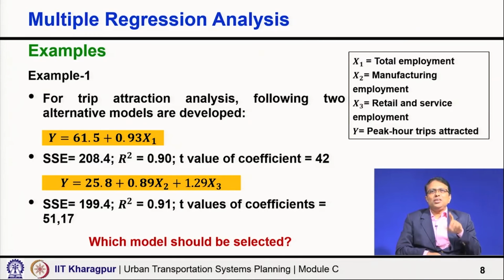You see, what is x 1? Total employment. What are x 2 and x 3? The two categories of employment. Here first one variable, second one two variables. So, normally two variables are more parameter richer than one variable. That model will be more parameter richer, but by adding more parameters or variables, I am not able to get a significantly better model, because 0.90 and 0.91 R square, no difference,